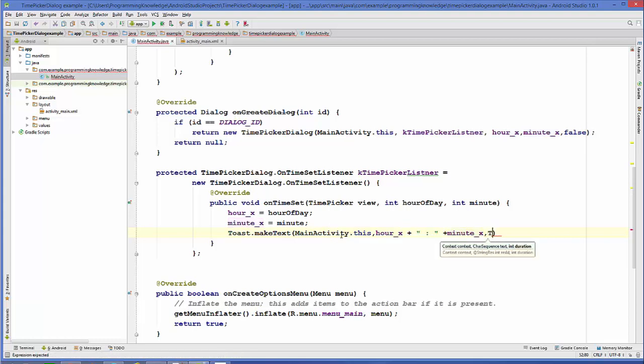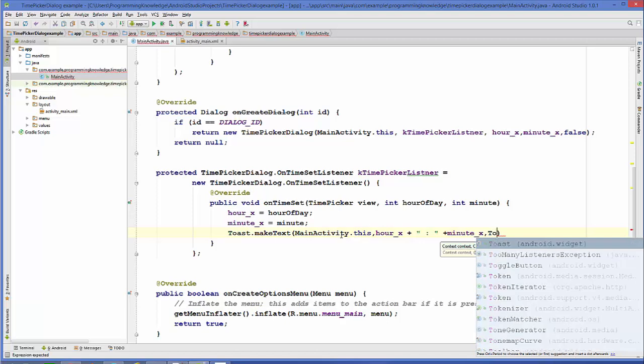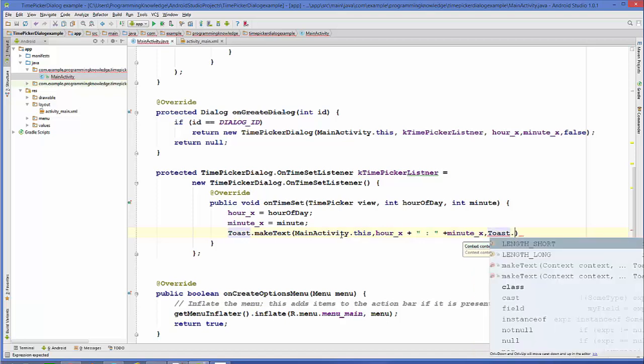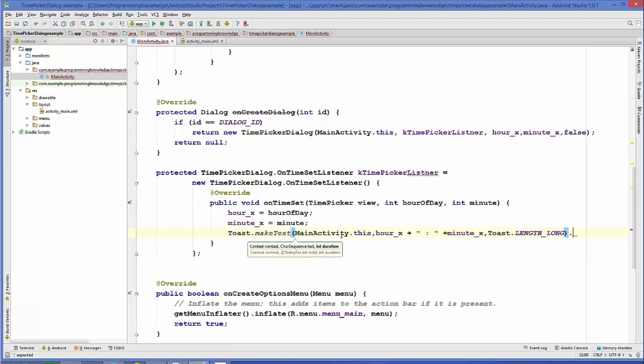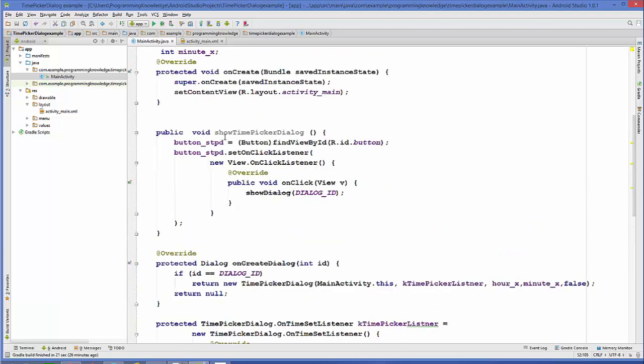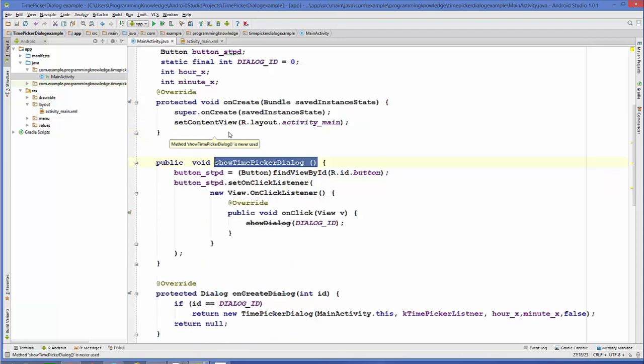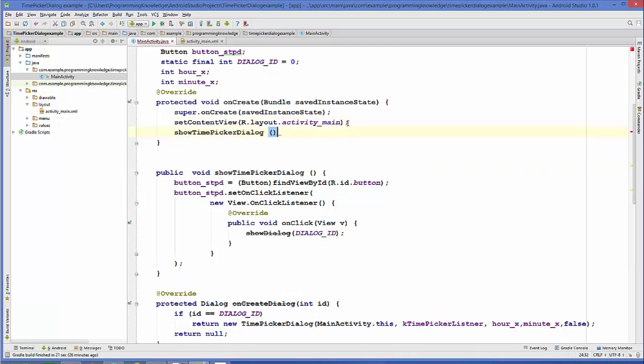So Toast.LENGTH_SHORT, and then we will show our dialog. Now don't forget to call this showTimePickerDialog method which we have created by ourselves. So just copy this showTimePickerDialog method and call it inside your onCreate method. Okay, so copy and paste it here.